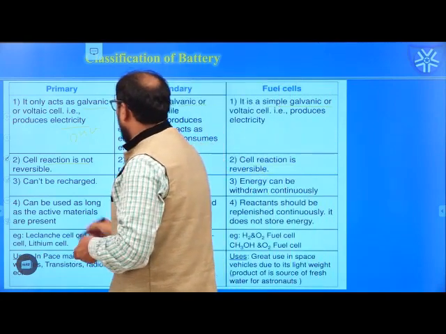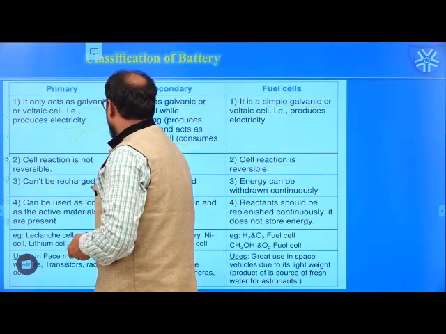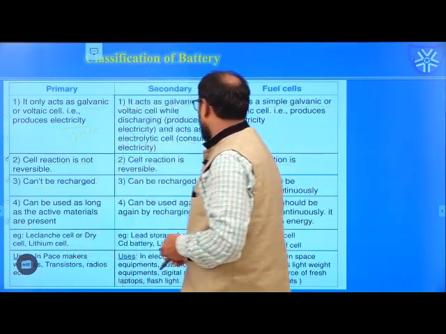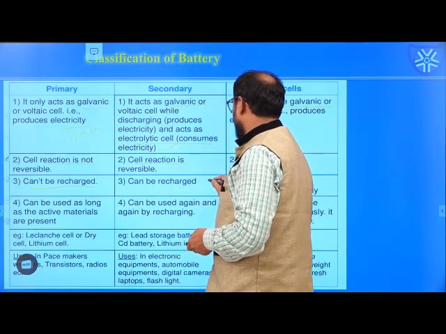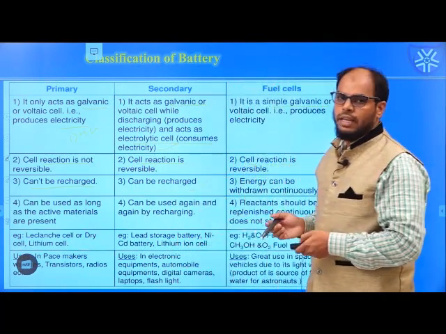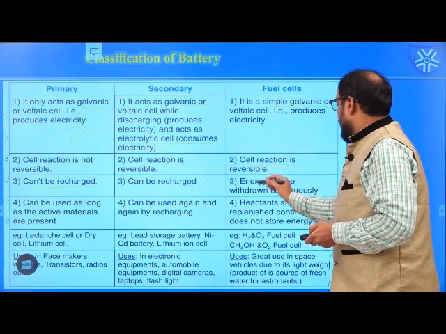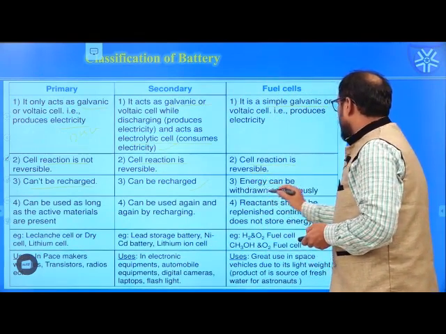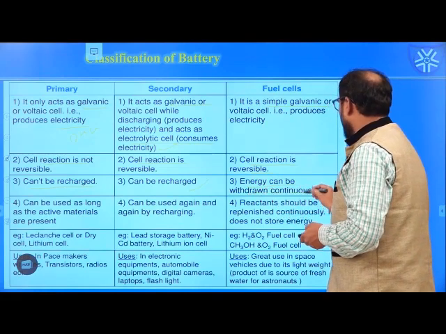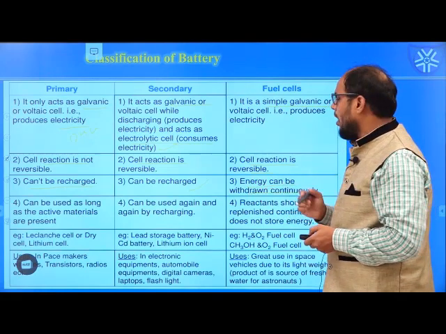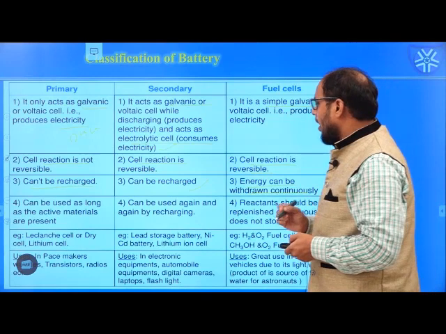A primary cell cannot be recharged, but a secondary cell can be recharged, so that the products can be converted back to the reactants. For a fuel cell, we have to supply a constant fuel, so that the reactants can be converted to the products. Coming to the primary cell,